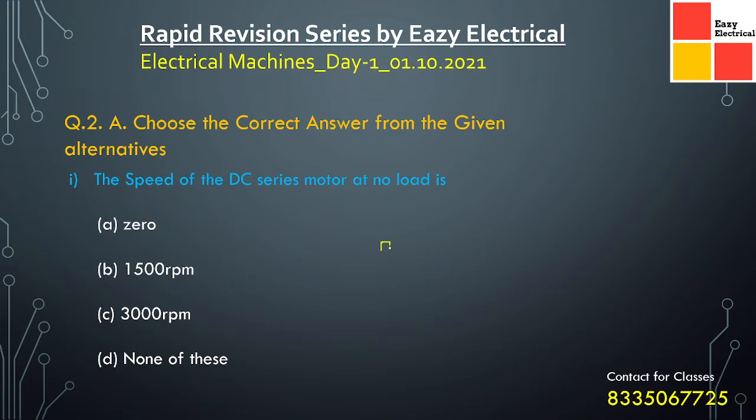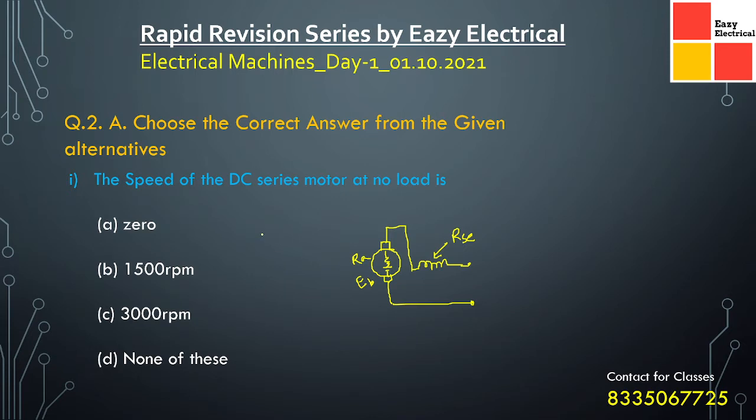In the case of a DC series motor, if we see the basic structure, we will find something like this. This is the basic structure of a DC series motor. This is our field winding, having resistance, suppose R_se, and here we have our armature with its resistance, and we have our generated voltage. If we consider it as a generator; but in the case of a motor we call it back EMF, and this is the armature resistance.